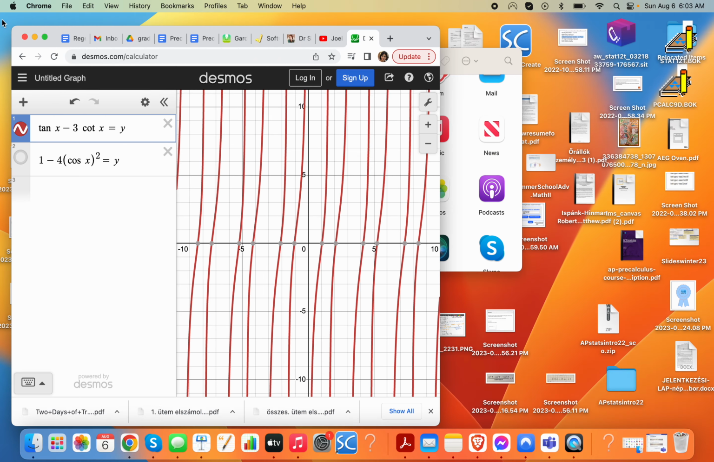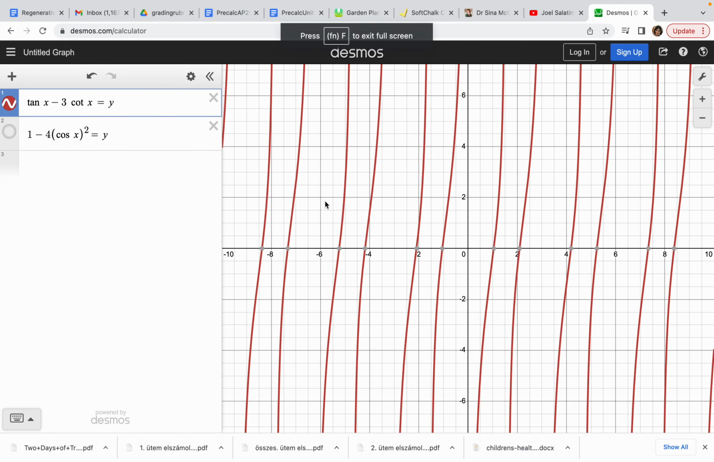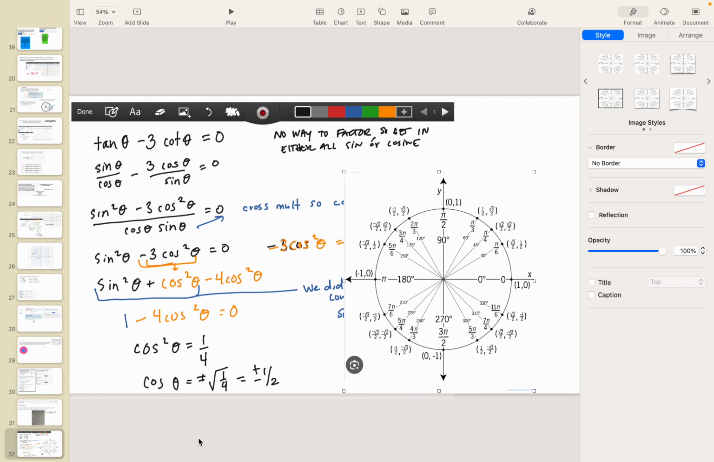So I bring it over to my calculator or whatever, and I graph, and I can see, okay, I'm going to have this solution. This is going to be my first one, and this is going to repeat every pi because of the period of this function, and I'm going to have another solution, and it's going to be occurring every pi. And so I have an idea of what's happening, and so let's go see what it looks like